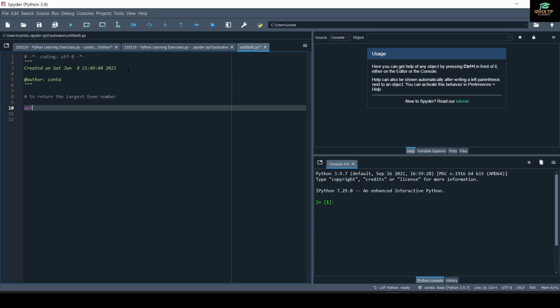First, define a function using def called largest_even and collect our 3 numbers as x to represent the first number, y to represent the second number, and z to represent the third number. Note, every even number is divisible by 2 to give a remainder of 0. Hence, the modulus operator is used to test if a number is even. Using the if conditional statement, the line of code is written to test if x is even and y and z are odd. If x modulus 2 equals 0,